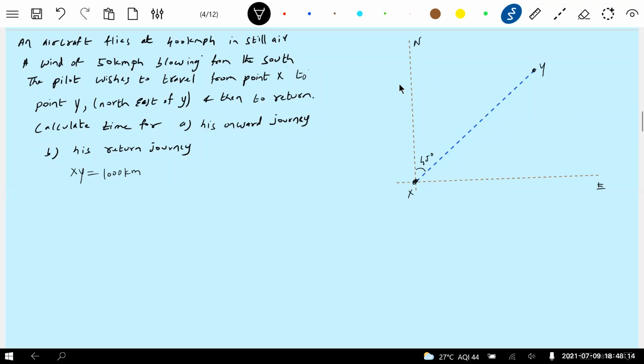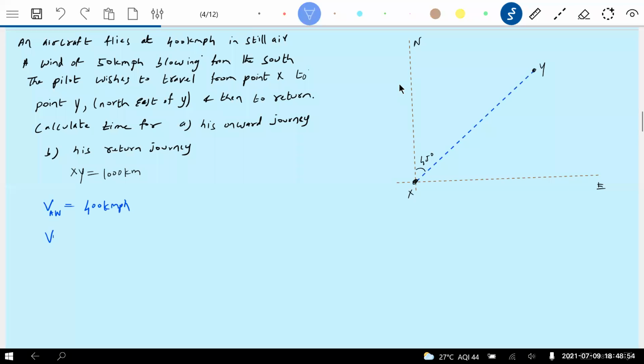Now the distance from the source to destination is 1000 kilometer. North of east is given, so I put 45 degrees. How is the wind? The wind blows from the south. So we have 400 kilometer. What to do with that 400 kilometer? The aircraft flies at 400 kilometer in still air. So what shall I write for 400 kilometer? Anybody from the student side, I want this. What shall I write? Velocity of aircraft with respect to ground? No, with respect to wind. Still air: air will never be still, am I right? It will always be blowing. So it's like with respect to still water, we said. This is the thing. Velocity of wind.